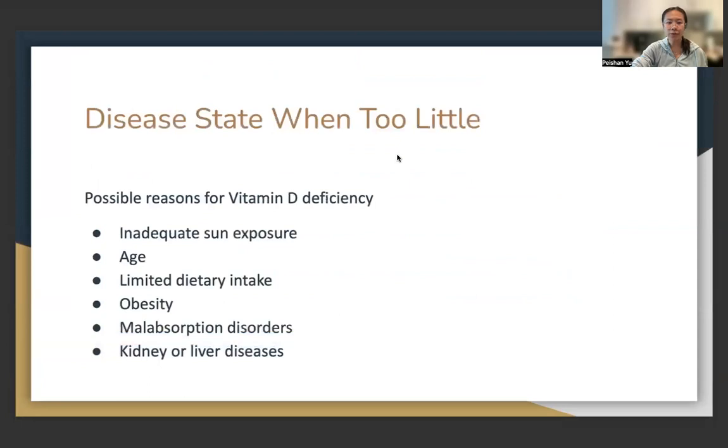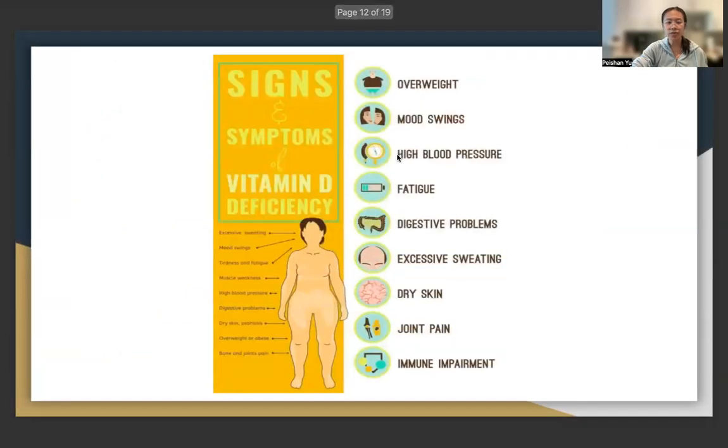Possible reasons for vitamin D deficiency are inadequate sun exposure and age. When you get older, you lose vitamin D regardless. Limited dietary intake, obesity, kidney or liver diseases. Here the picture shows signs and symptoms of vitamin D deficiency, such as dry skin, joint pain, immune impairment,